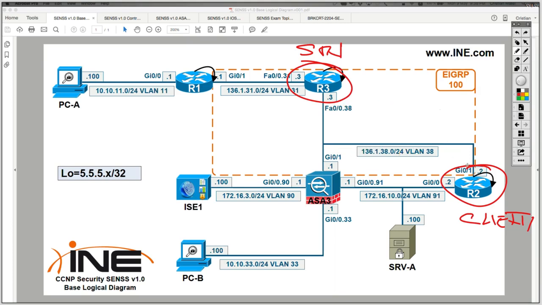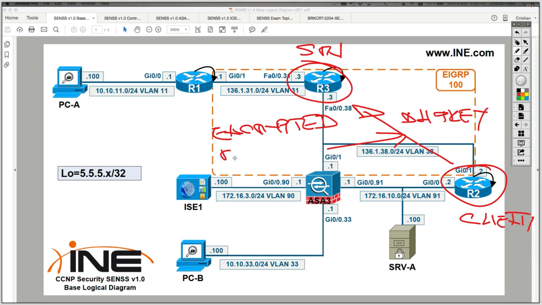Then router 2 sends router 3 its Diffie-Hellman public key, but this is encrypted with router 3's public key, which means only router 3 can decrypt that message with its private key, which is the pair of that public key. So now the Diffie-Hellman exchange is performed,